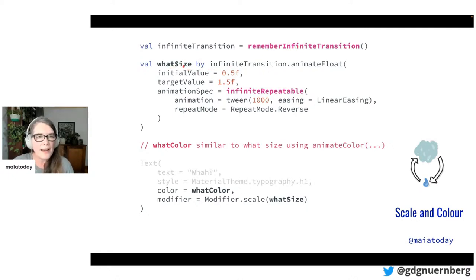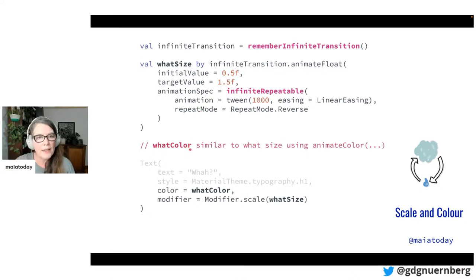And so this size here, we're just animating a float. We're saying we want to go from 0.5 to 1.5. And the animation spec is an infinite repeatable. Here you can see you can even add easing, and this animation spec can become even more complicated. And this repeat mode is reversed. So what it's going to do is go big and then small, and then big and then small, because it's reversing the value. So it's going to go 0.5 to 1.5 and back again. And that's how you get the size pulse.